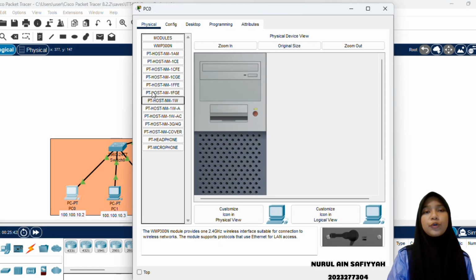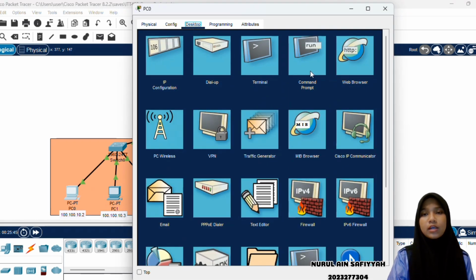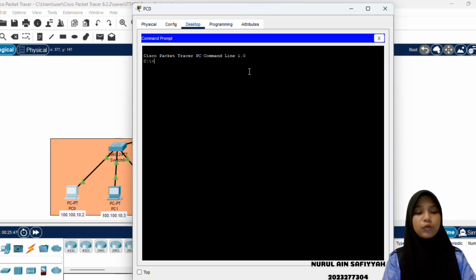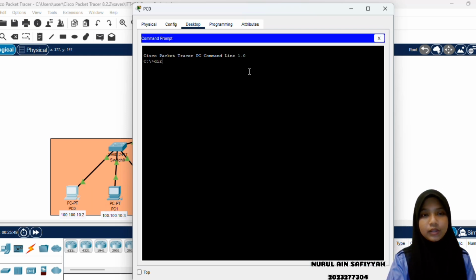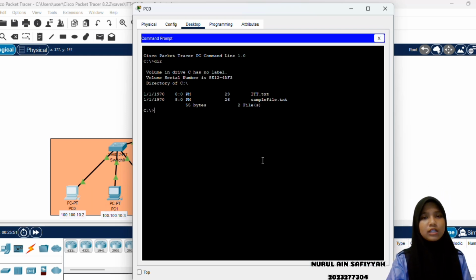So click on the PC0, go to the desktop and click on the command prompt. So write dir. So we can see there's no thanks file in the directory of PC0. So what we need to do is to enter the FTP server again. So write FTP and the IP address of the server, which is